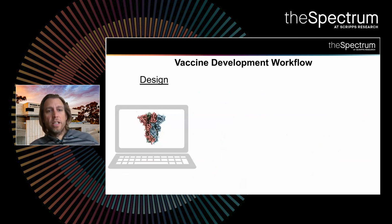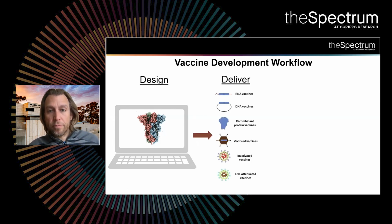So just to give you a high-level view of how we think about and how we develop new vaccines, we spend a lot of time collating known data, known structures, and spend a lot of time in the computer designing proteins, engineering them, as I showed, to be in certain conformations that are very stable and that present the epitopes that we want antibodies to target. As has really been highlighted by the COVID vaccine development,